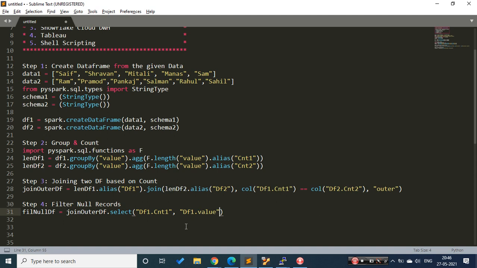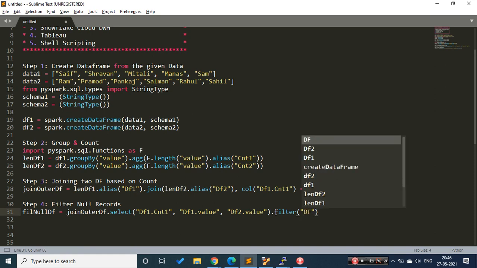Okay, and I would need the second value also from my second data frame. So what I'm trying to do is pick that, because in our output the count is... where is the count? Okay, it's starting only. So let's keep it here only, and we'll try to apply a filter clause. In this filter clause, I'll try to filter the data.